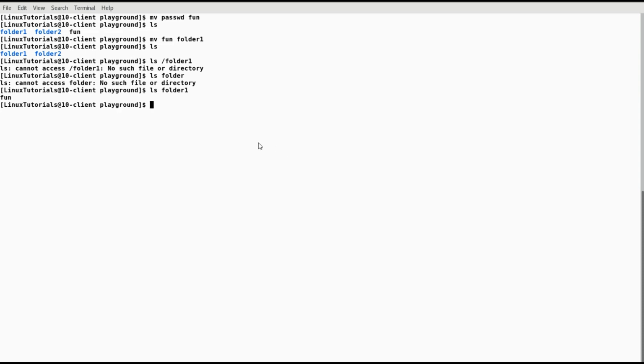We can also move the file which we have in folder 1 with the name fun. We can move it to folder 2 by doing that. So this is the move command, and what it is doing, it is taking this fun file from folder 1, right, and it is moving it to folder 2. If I hit enter, let's first check folder 1,